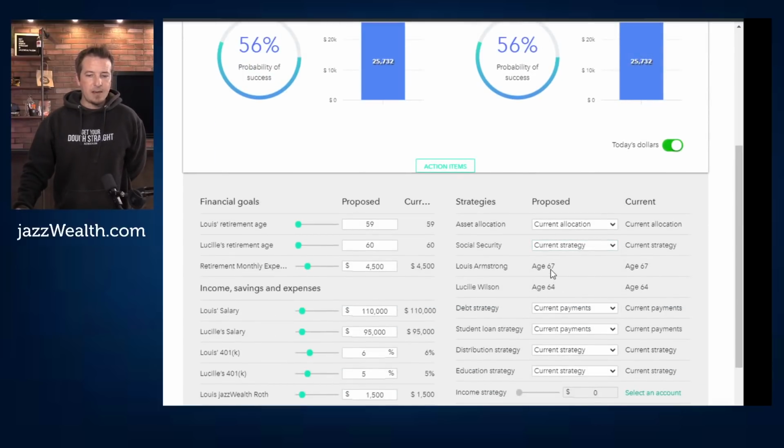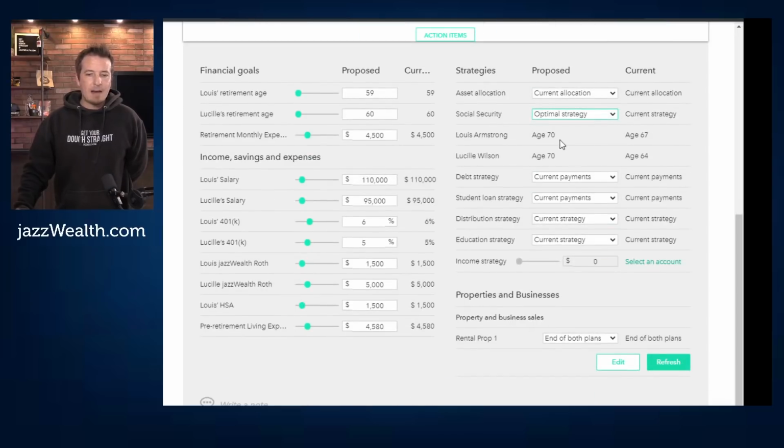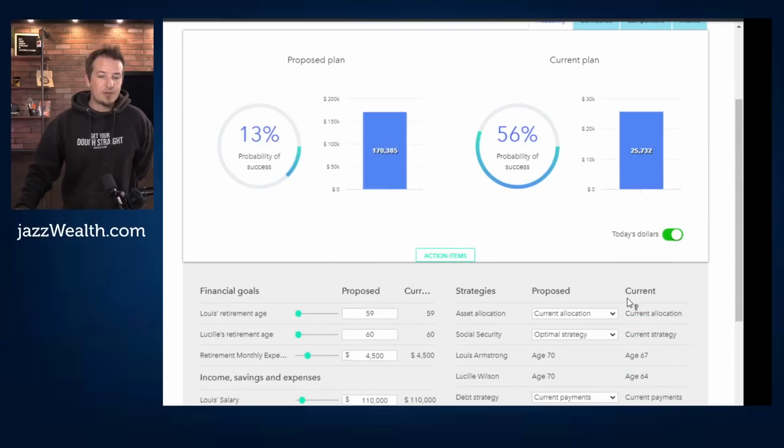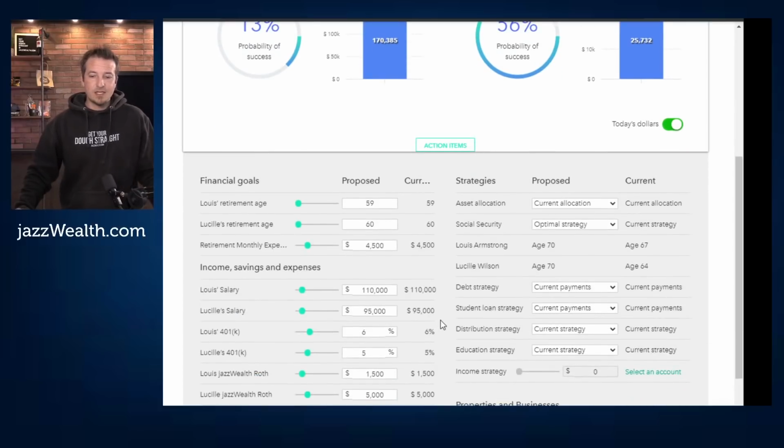Currently, it's being estimated they take it at 67 and 64. Is there any change between that and optimal? The optimal strategy is, of course, to wait as long as possible, and they may have to do that. No, they actually don't want to do that. They're going to spend all their money by the time they get to Social Security, so that's not good there. They'll end up with more dollars because they're going to have Social Security when their expenses are lower, but no,